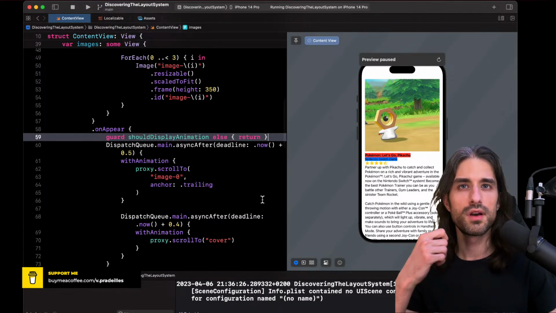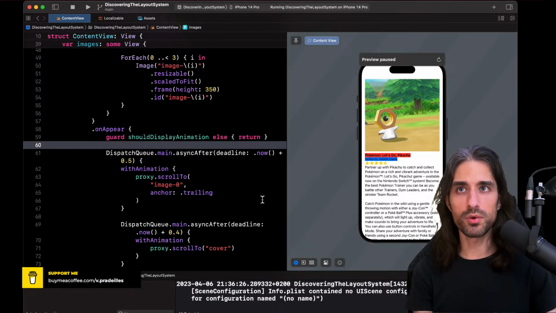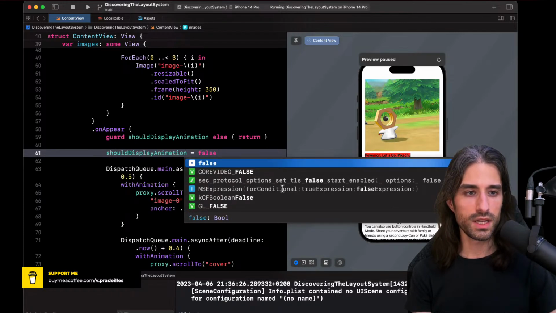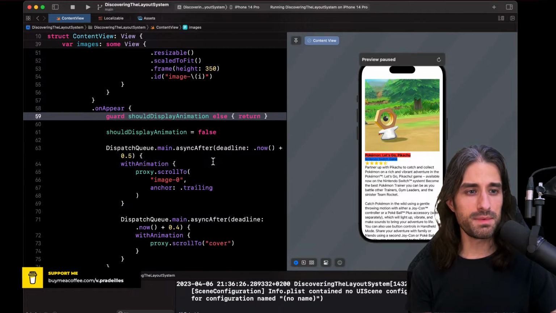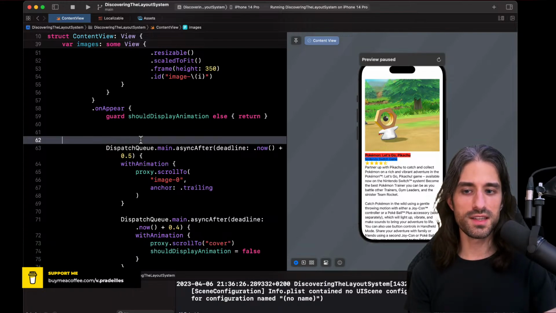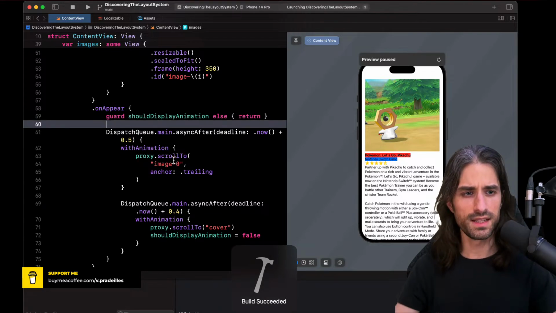And then there is the question of when we should set the variable to false. We could do it immediately, but if we do it immediately, maybe the animation didn't have time to display because the user pushed and then immediately popped the view, that kind of thing. Potentially the user could not have seen the animation. So the best way would be to put it here, at the time where we know that the animation has been fully executed. So let's do it.